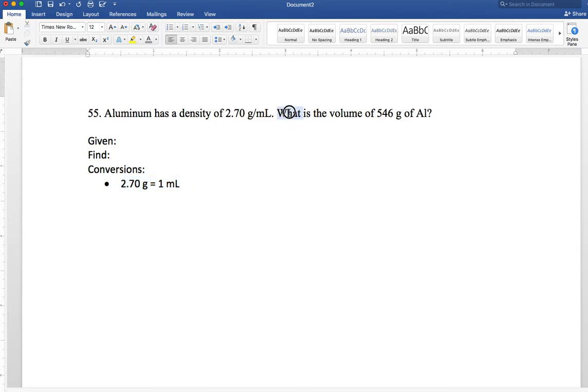What is the volume? You see the word what, and whatever is right after that question word, it could be other words, but usually what is the volume. That is what you want to find. Volume equals something. And it doesn't even say here what units it wants you to find it in. It's going to end up being milliliters, and I'll show you how we figure that out as well, of 546 grams of aluminum. And so 546 grams is what we're given,